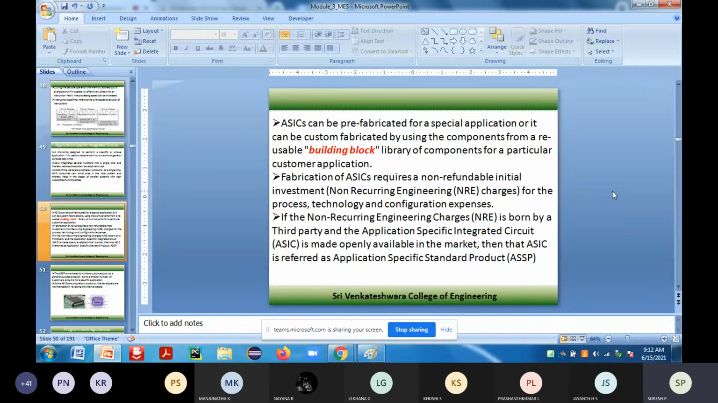What type of microcontroller I have to use, what type of microprocessor I have to use, what external hardware components I have to fix in. Those things I have to take care of. So this is nothing but non-refundable initial investment, or in normal technology, it is called non-recurring charges, which